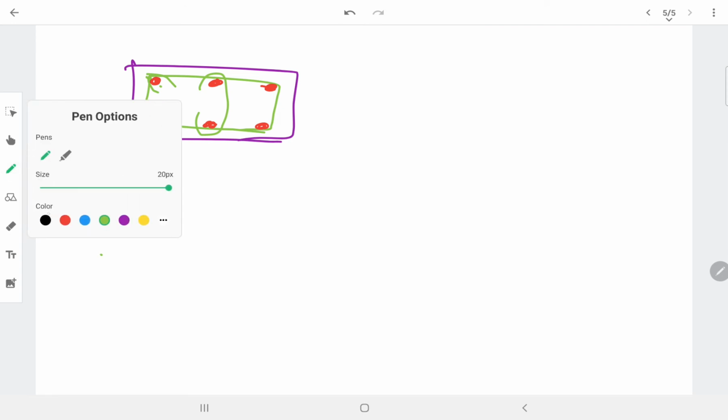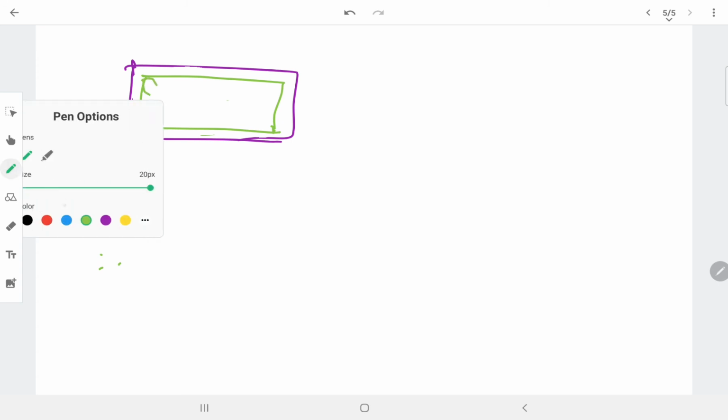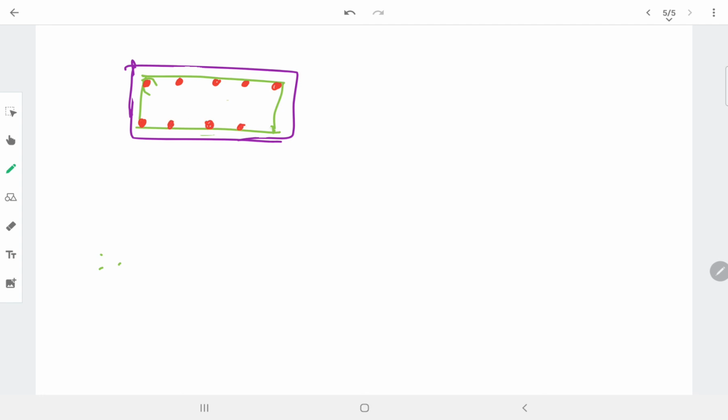Suppose in this column, if we have 10 number of bars, in this case I'll be providing 5 legs.